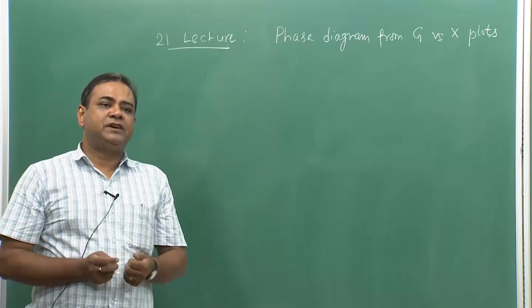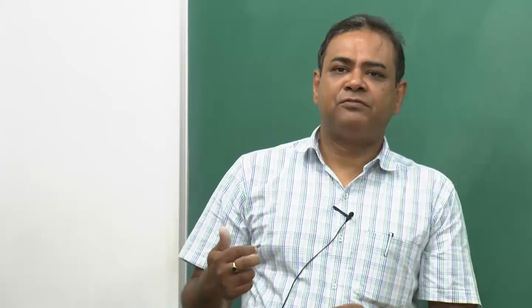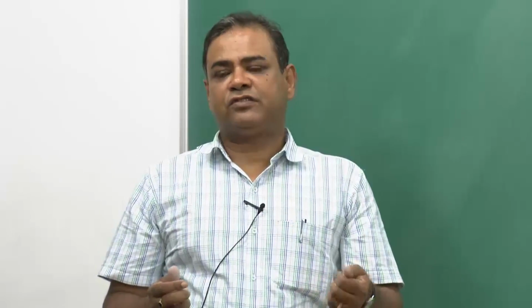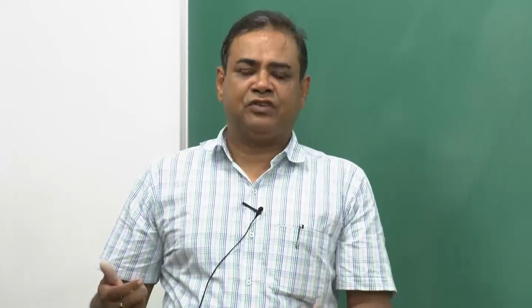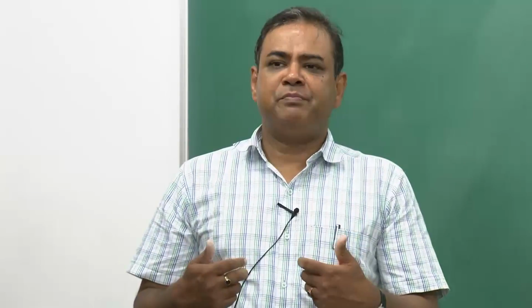transformation, and there we talked about transformation of one liquid to two different solids. And then we also talked about peritectic transformation, where liquid plus another solid react together and form another solid of a different structure. And then finally, we talked about eutectoid transformation, which is a solid transforming to two different solids. And these transformation points, as we have seen, have degree of freedom 0, which means that these